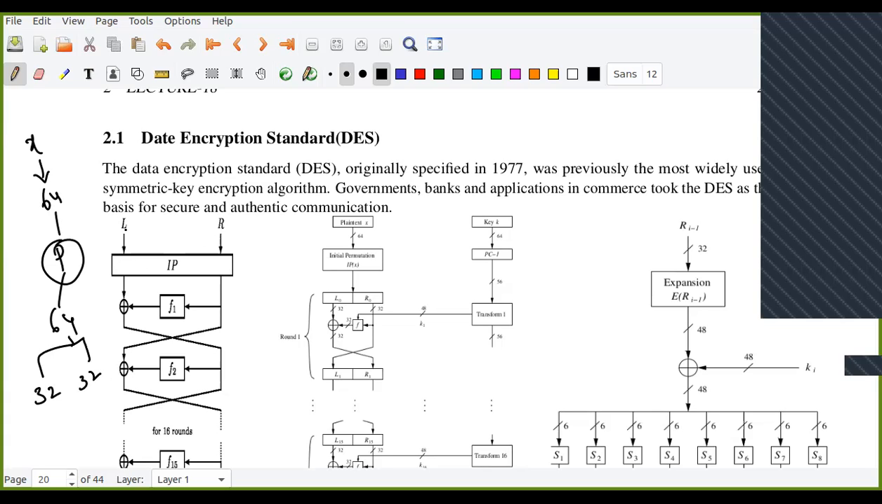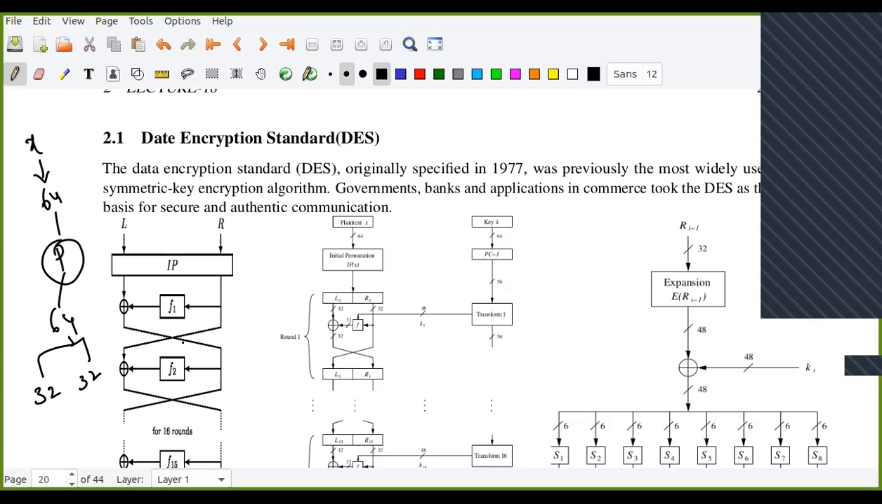Now the right one comes as it is. Right one becomes the left for the second round. The right portion of the first round becomes the left for the second round. But for the left part, now there is a problem. This right comes directly here and also